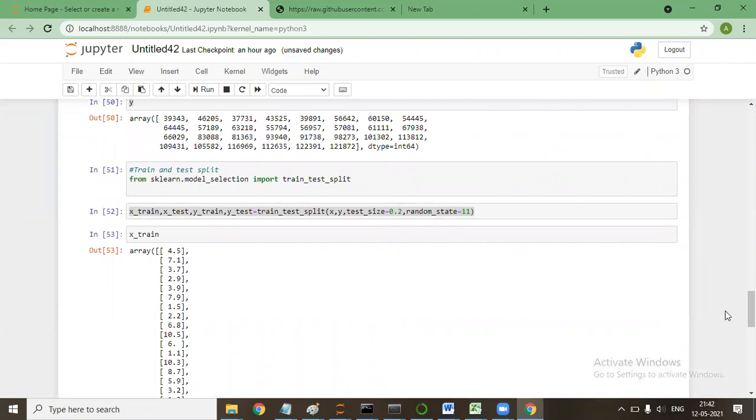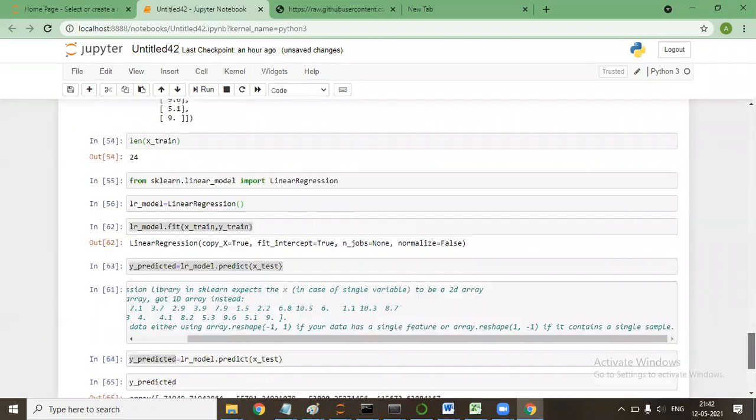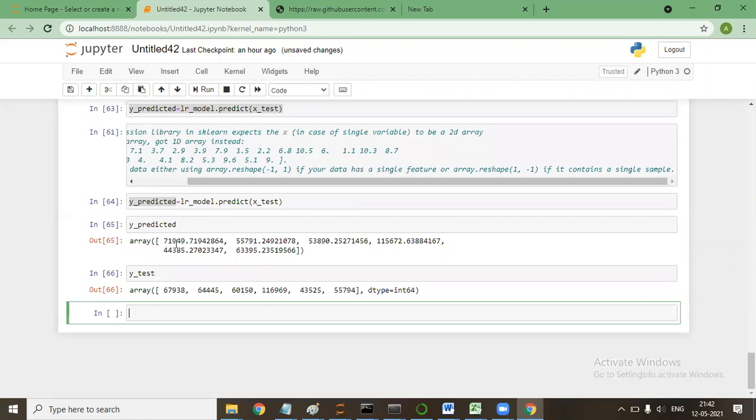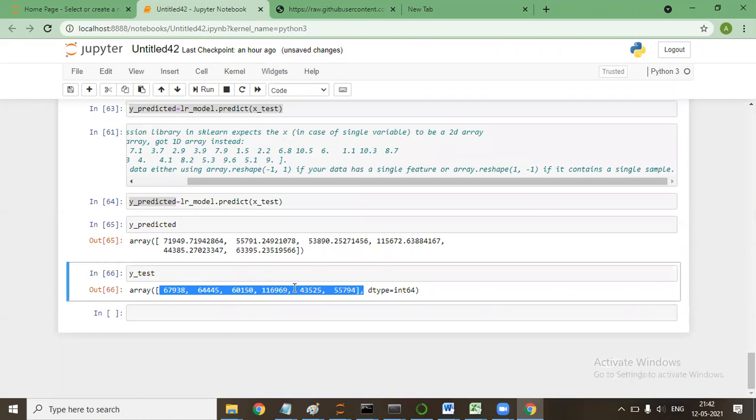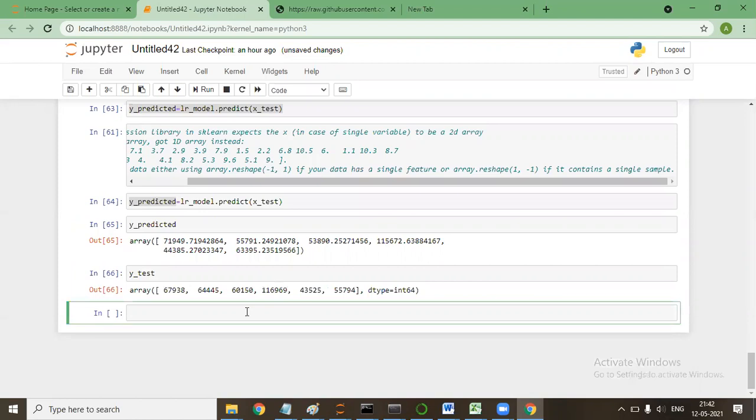So now the model has predicted this value as this. The actual value is this. Now we have to compare these two values and see what error rate we are getting.